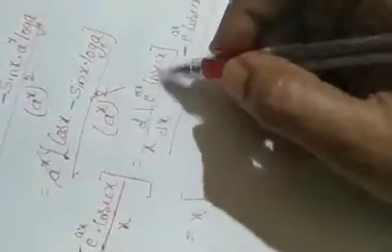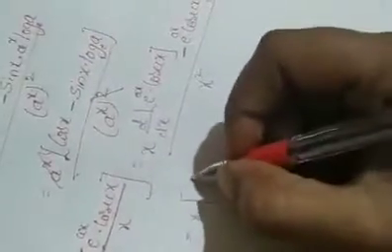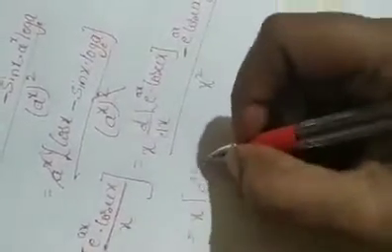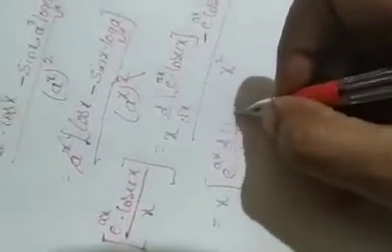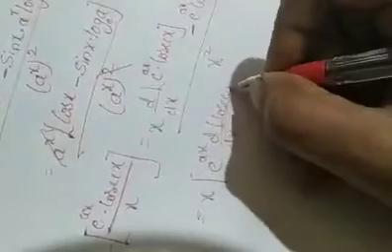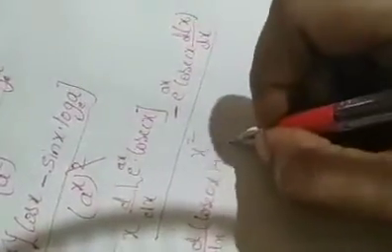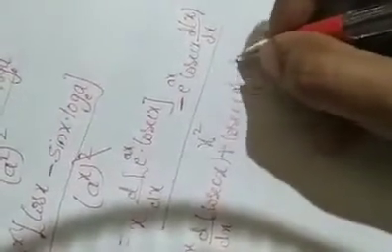Here use the product rule. What is the product rule? Keep the first function as it is. Find the derivative of the second function plus keep the second function as it is. Derivative of the first function, minus